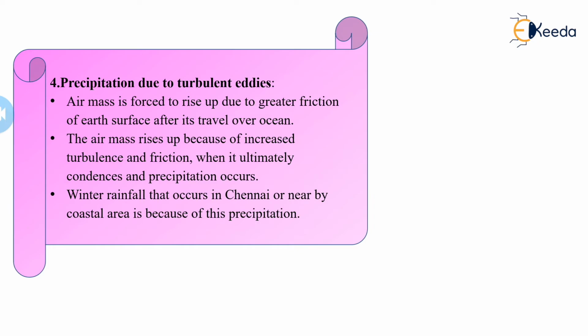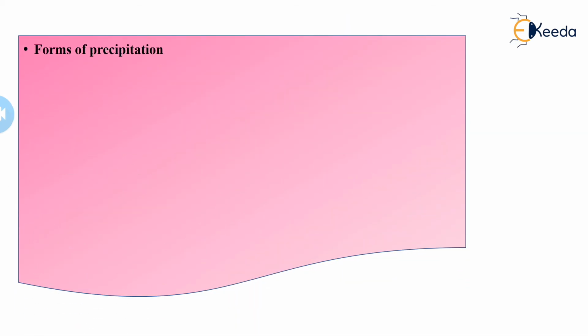After looking at the types of precipitation, we have got the idea that, because of the lifting process and the cyclonic process, we have divided precipitation into various types. Now, in which manner, in which form does this precipitation actually fall on the earth surface? Let's see the forms of precipitation. We classify these forms from the vapor state or semi-liquid state up to the solid state. Let's see one by one.